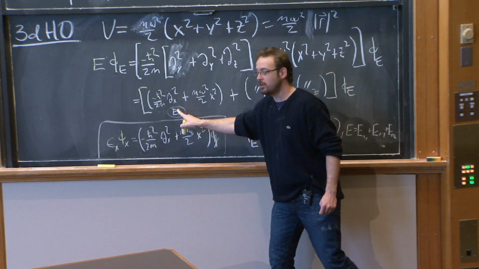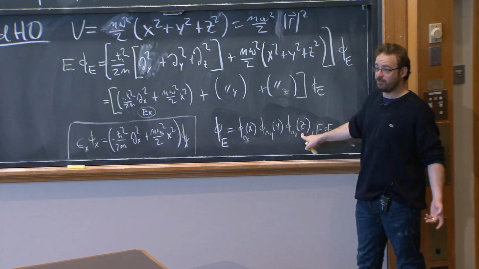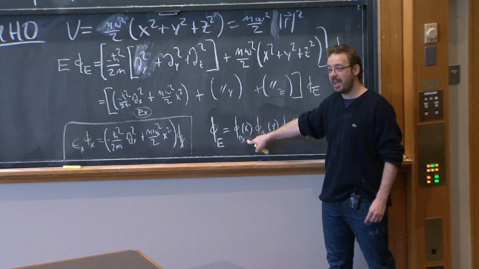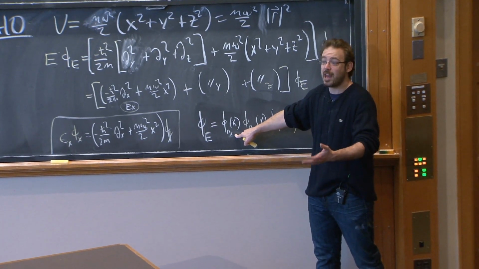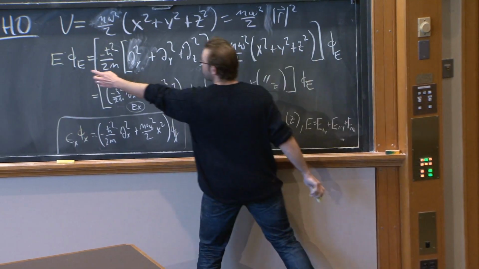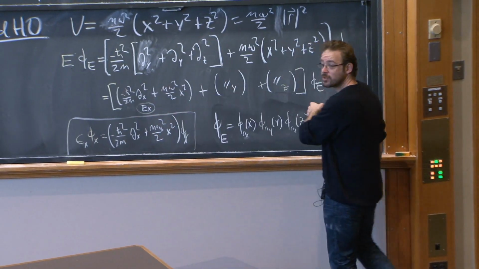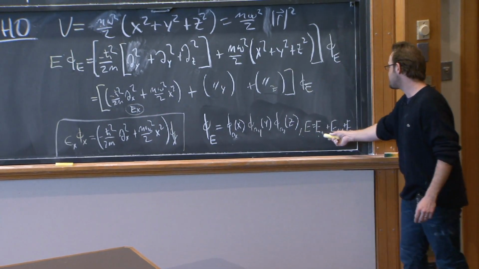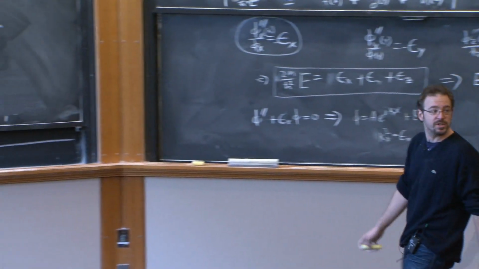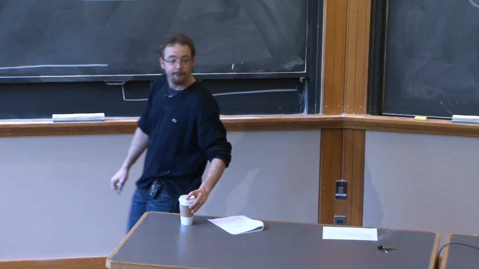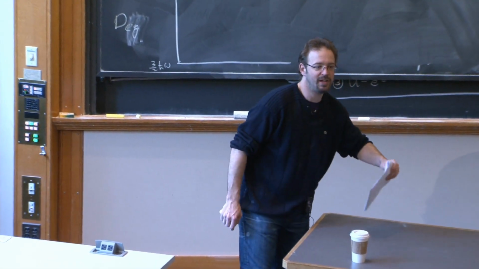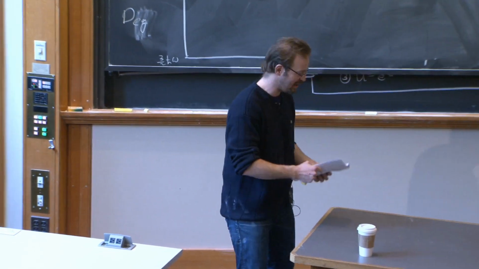The first one, which only knows about the x direction, sees the y and z parts as constants, and it hits a phi x, and what does it give us back? E on phi x is just h bar omega n plus 1/2. Ditto for this guy. And then the energy operator in 3D is the sum of the 3 1D energy operators. So that tells us the energy is the sum of the 3 energies. Is that cool? OK, good. Other questions? Yeah? Is the number of degeneracies essentially the partition functions in number theory? Ask me that after class.